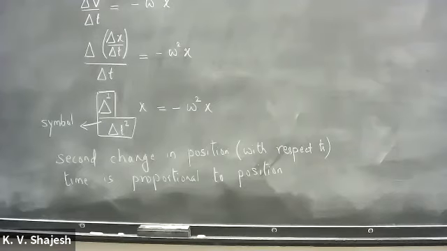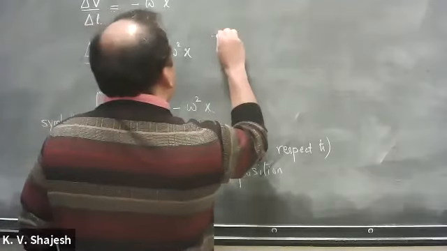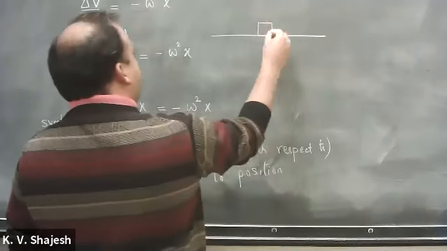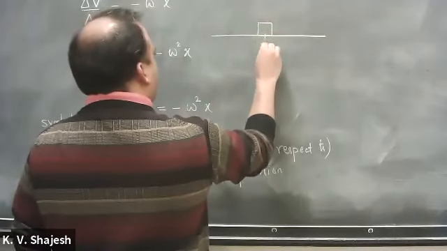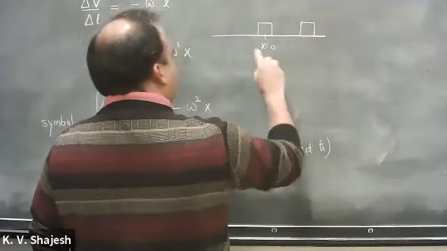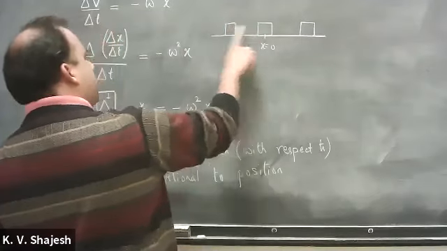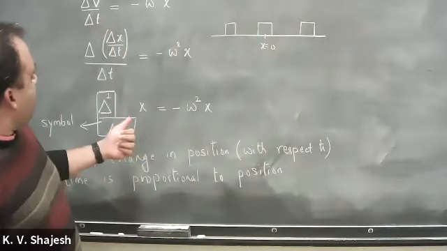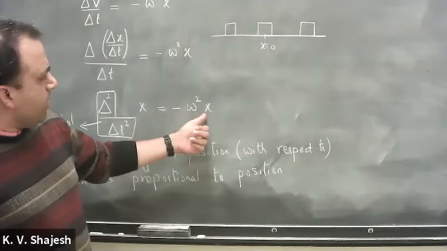So if you're farther, you have more acceleration. If you're closer, you have no acceleration. So again, notice what's happening. There is a mass which is at x equal to 0. That's in equilibrium. If you pull it to this point, that has been stretched, so it tries to come here. And if it is at this point, it has been compressed, it tries to go away. So acceleration is dependent on position.